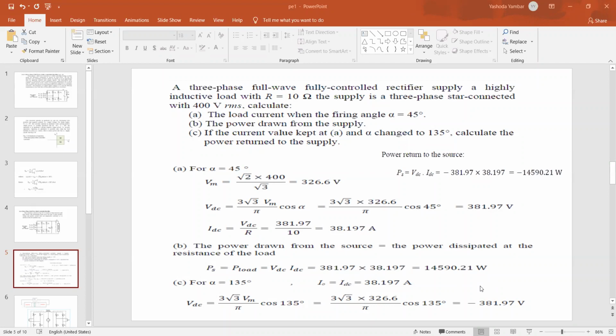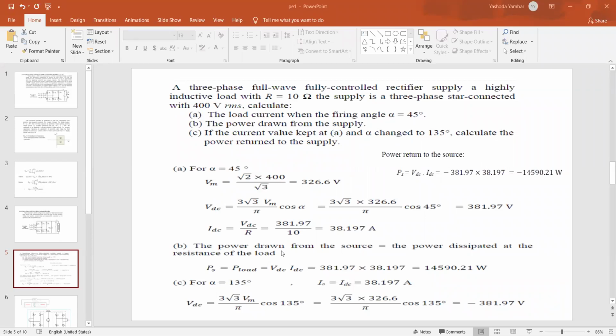So one more example. Let us say you want to start one electric car, or one electric train, or you want to launch one satellite into space, where there also we use power electronic circuits. So what we do, we maintain the firing angle alpha greater than 90 degrees. When firing angle alpha greater than 90 degrees is maintained, the machine acts as the generator, it generates the electricity. So I want to start the electric car, and the same car has to generate its own electricity. So it is also possible when the firing angle is greater than 90 degrees.